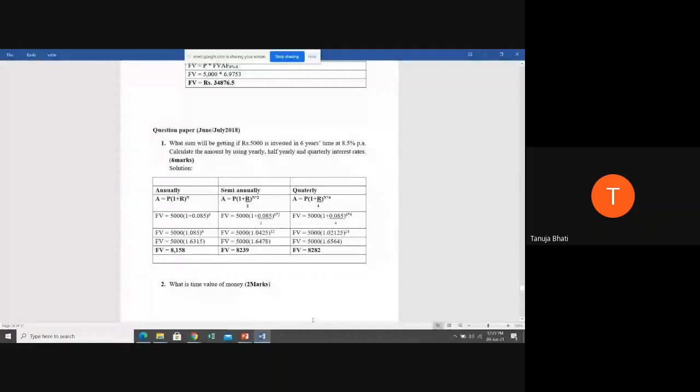Okay, since I'm not able to hear your students, time value of money simply means the value of money keeps changing due to time. There are various reasons attached to it. It may be due to inflation, it may be due to loss of opportunity. So all these reasons, the value of money keeps changing with time. So today if you have 100 rupees, the value will not remain the same after a particular number of years. Even after 1 year, the value of 100 will not be the same. So the value of money keeps changing with time, though the amount of money may be the same, the worth attached to the money changes with time.